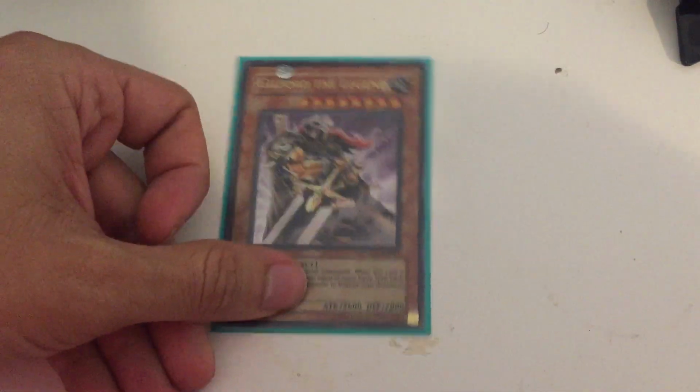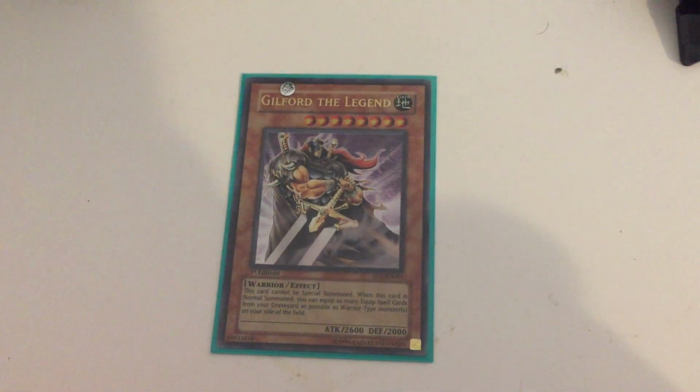So starting out, we got one copy of Guilford the Legend. This guy is your, I guess, boss monster, but you don't really use him or see him that often, and unfortunately that's because of the heinous restriction on Guilford, which basically says that he cannot be special summoned. It's tough to search him and stuff like that, but when he's normal summoned,